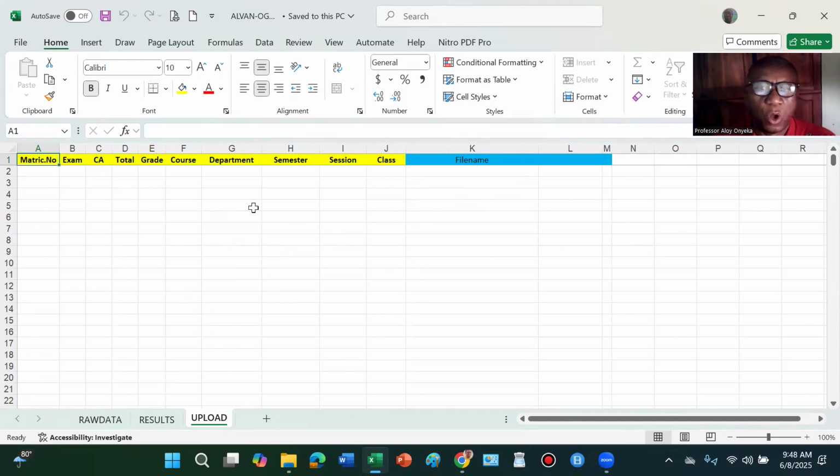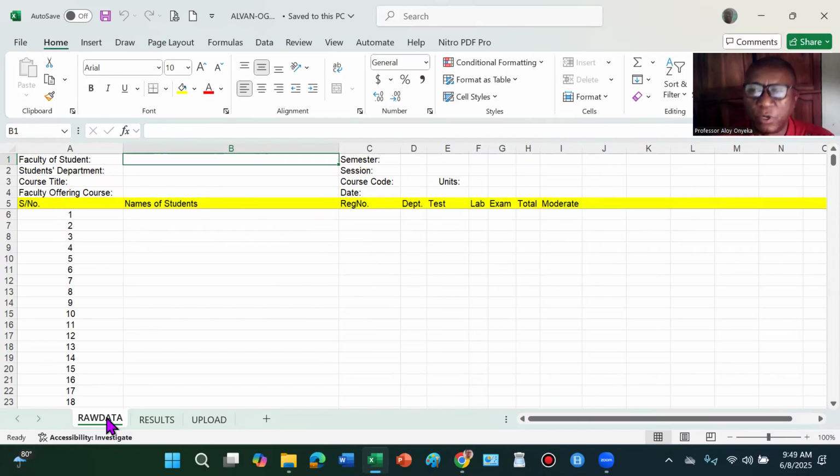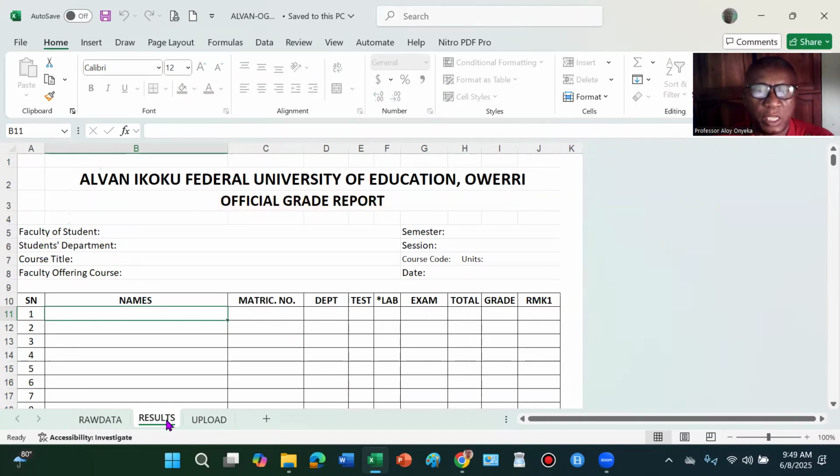So now all the entries, let's emphasize, all the entries on the OGR are made where? Only on the raw data worksheet. There's no other place you can put data apart from the raw data worksheet. As you are putting your data on the raw data worksheet, the output will automatically show both on the result worksheet and also on the upload worksheet. So remember, this is the specimen version, but go ahead and type the